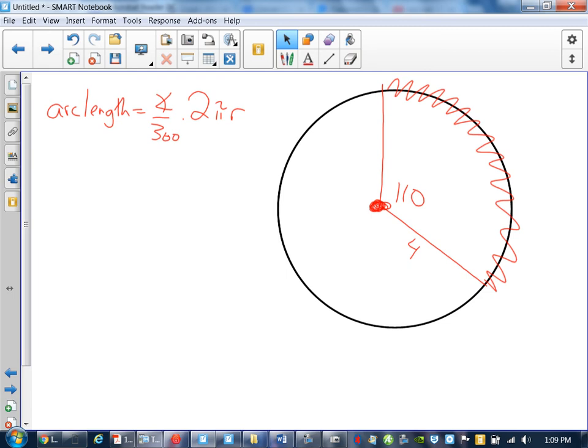Remember, what you're doing here, guys, is you're just basically substituting in a whole bunch of information to make it work. So if you're trying to find the arc length in red there,